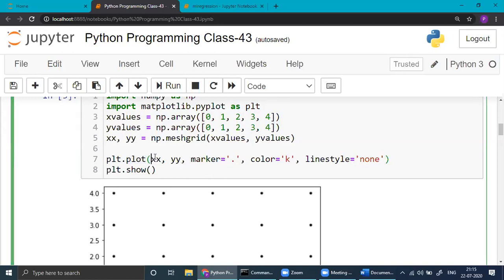Here in place of x and y, you need to write xx, yy. Xx, yy are these meshgrid values. I mean these are the output from this function. That's why you are getting it this way, otherwise you will not get it this way. That is the only function you are using here.